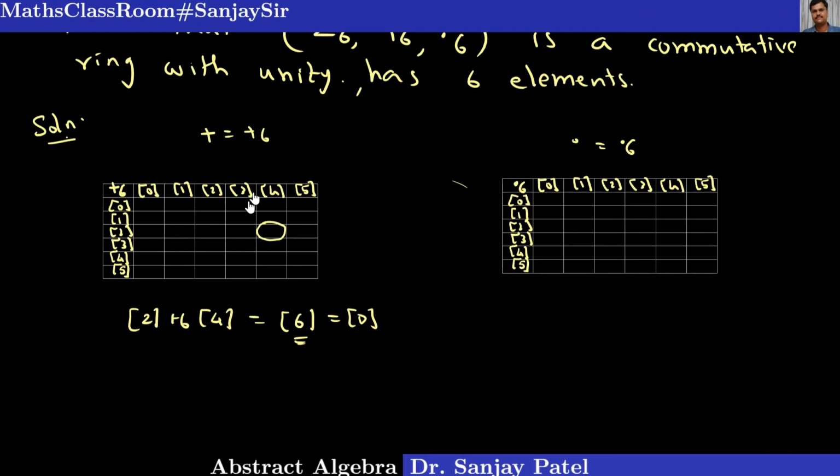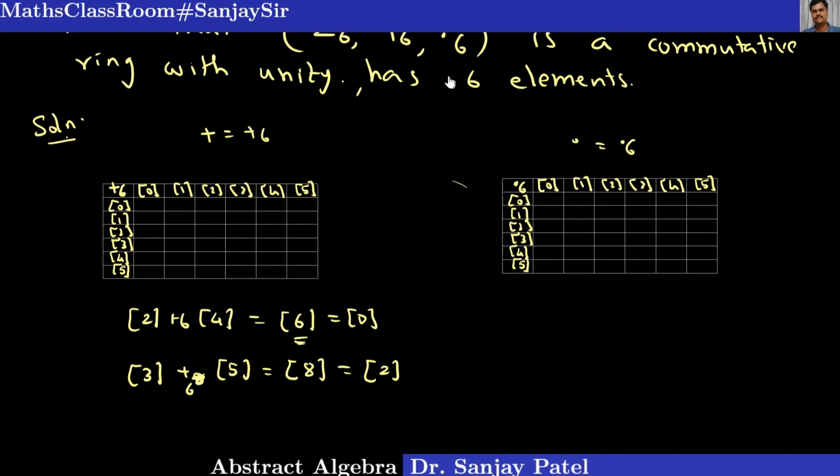So modulo 6. Suppose I take class 3 and class 5, and I want to add them with respect to addition modulo 6. Then class 3 plus class 5 is equal to 3 plus 5, that is 8. But we should not write 8, we should write the remainder when 8 is divided by 6, that is 2. So if you follow this rule and fill up this table,